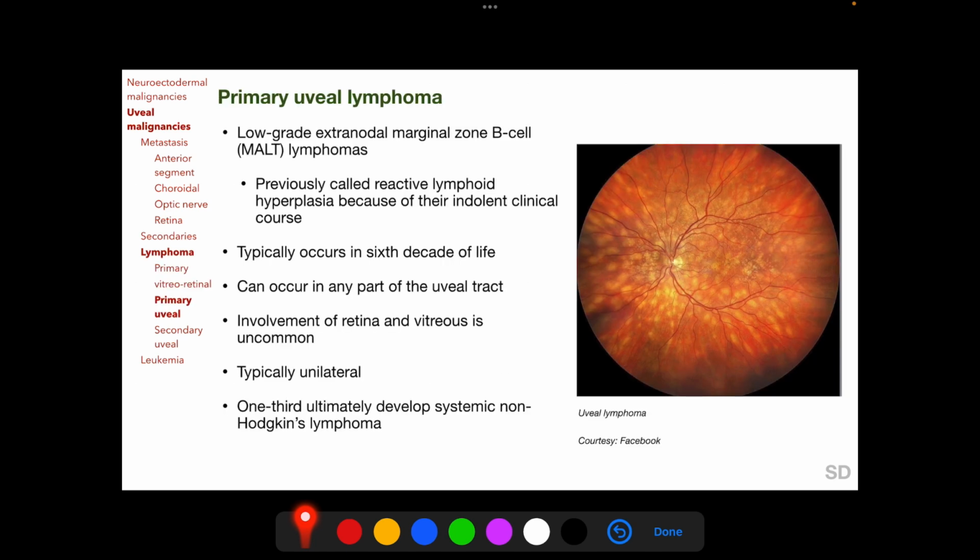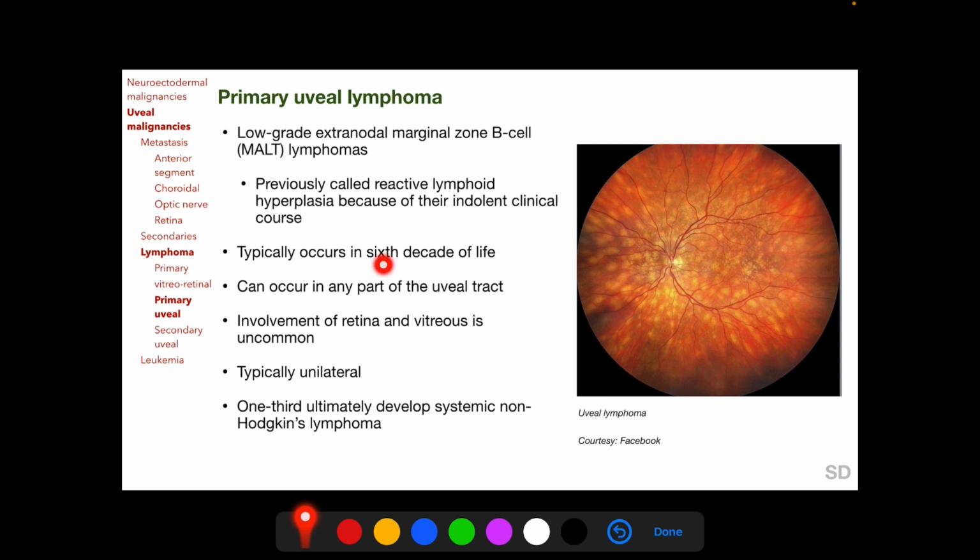In contrast, primary uveal lymphoma is a low-grade lymphoma of the extranodal marginal zone B cell or MALT category, having a much better prognosis as compared to primary vitreoretinal lymphoma. Previously, they were called reactive lymphoid hyperplasia because of their indolent clinical course. They also typically occur later in life,